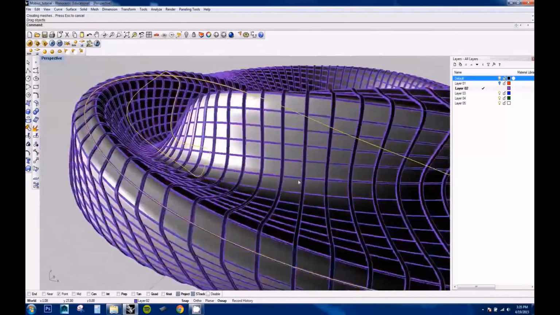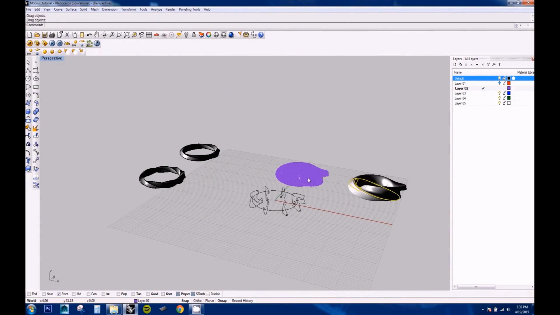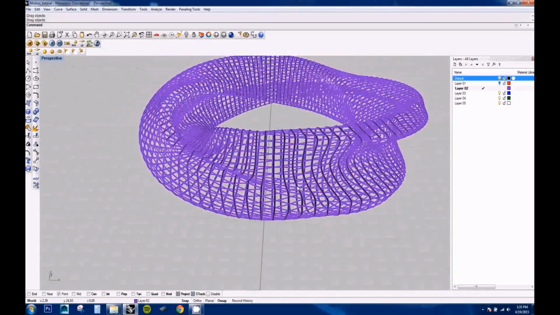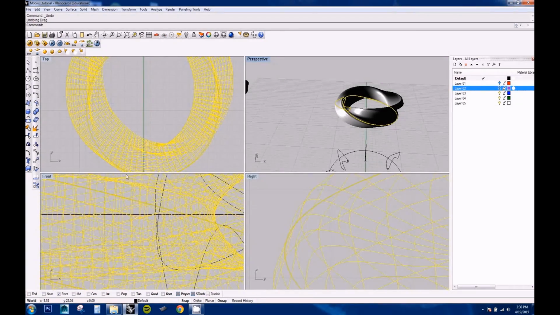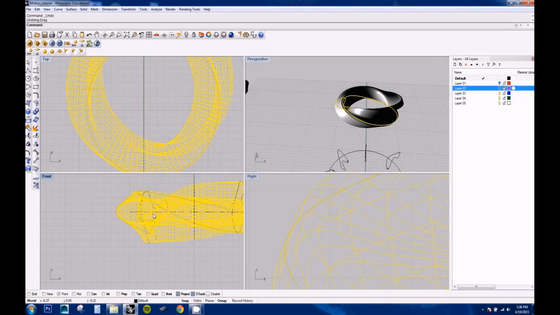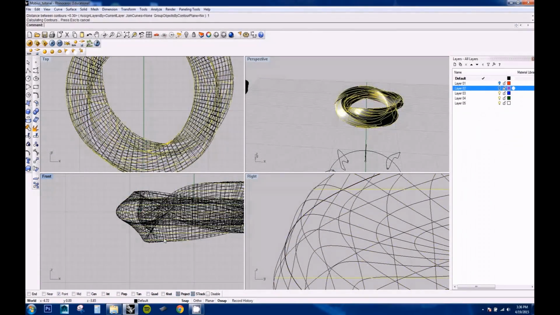So that's a good way to use this shape. And also, what we can do is contours on the shape. So if we do contours here along this direction, every 1 unit maybe,